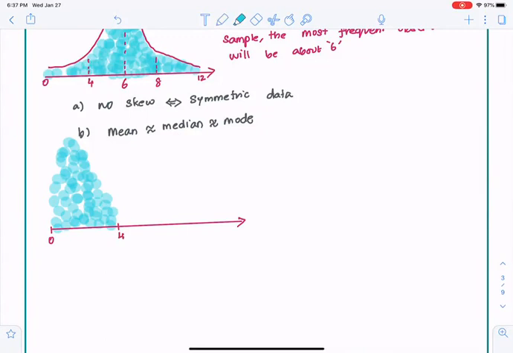And as we go further, the observations get fewer and fewer, and that's what we have. And the largest observation, let's say it is about 16. So in this case, majority of the observations are between 0 and 4. And as I go farther away from 4, the number of observations decreases. So if I draw a curve,